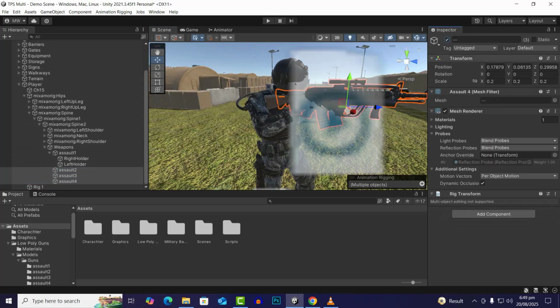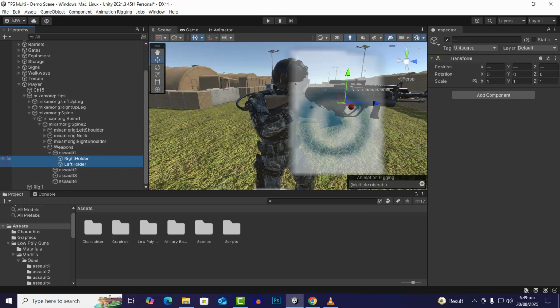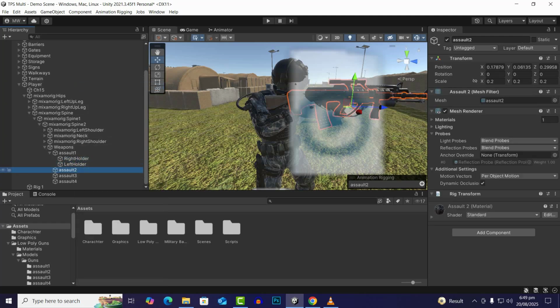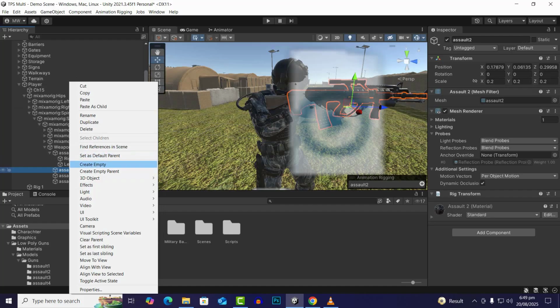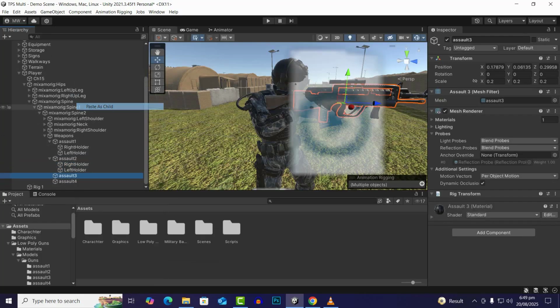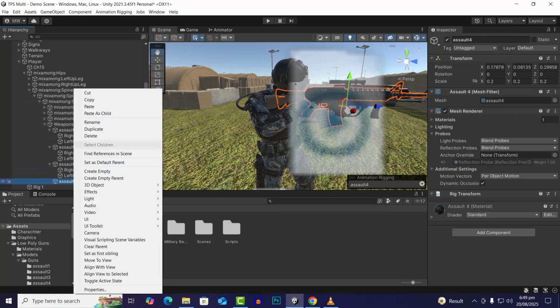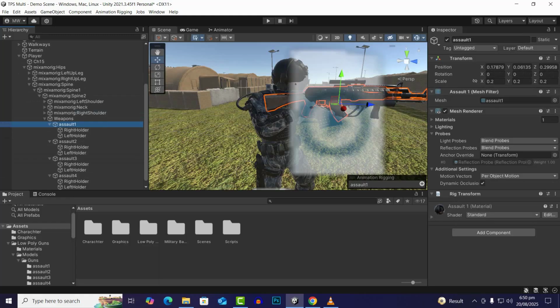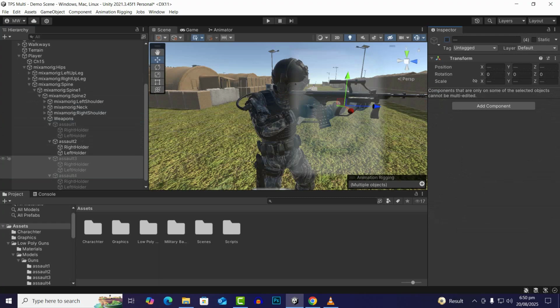So I will just select these two, right click, copy, and then for assault 2 I will just paste as a child, and then paste as child, and paste as child as well. Definitely we can actually arrange these as well if we want initially, and I will just